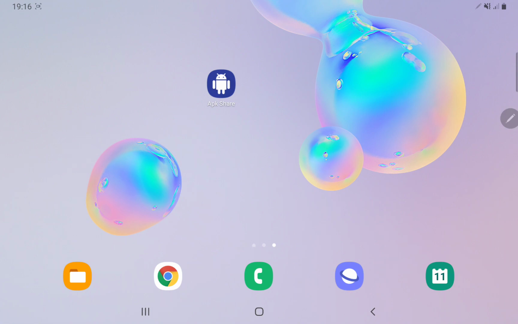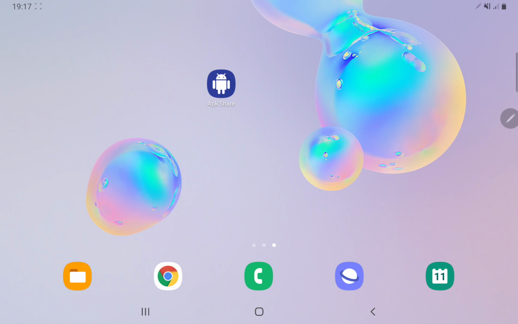Today I am going to introduce you to a very unique, excellent made in India application, and its name is APK Share. It is a very useful application and you can use it to backup, share, launch any of the applications, either manually or by voice command. And apart from that, you can see your device details also in that particular application. Now let's start to launch it.